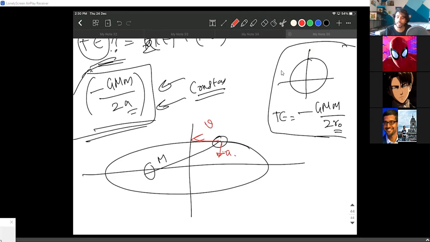But we have one advantage here. The advantage is that the total energy of a system is always constant, whose value is minus GMm by 2a. We are going to use that. Trust me on this. In some problems, we are going to use that clearly. Okay. Now, once this is done,